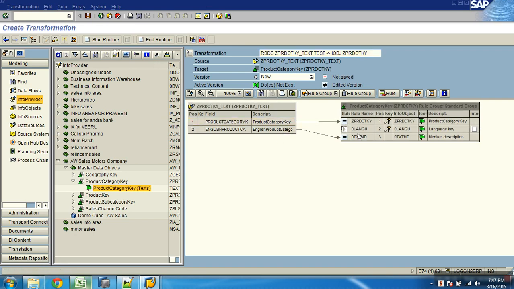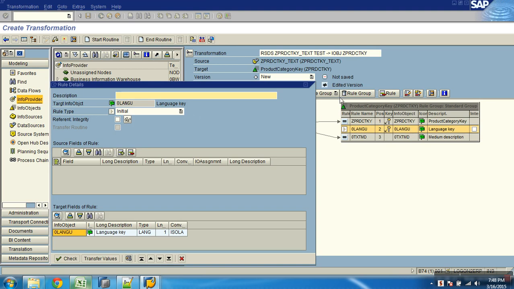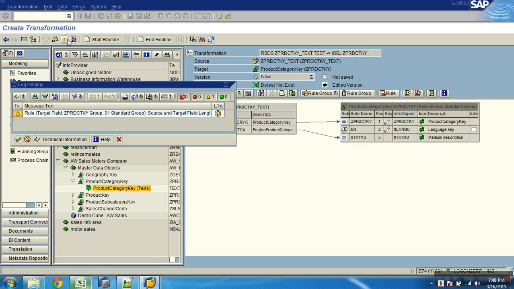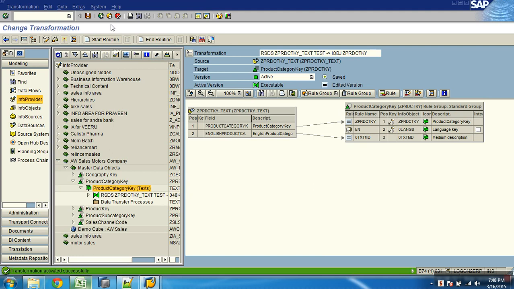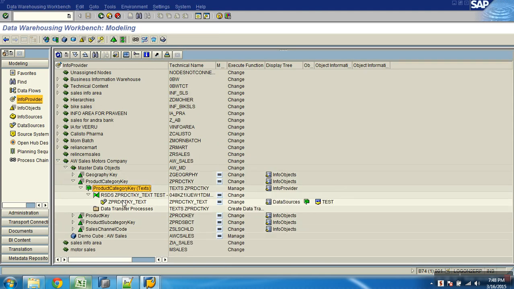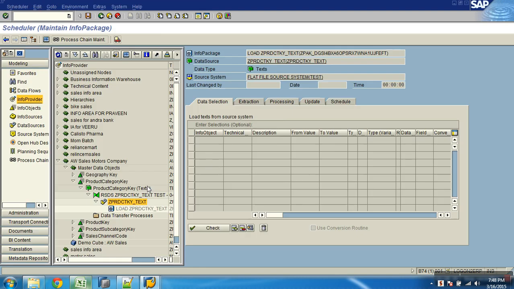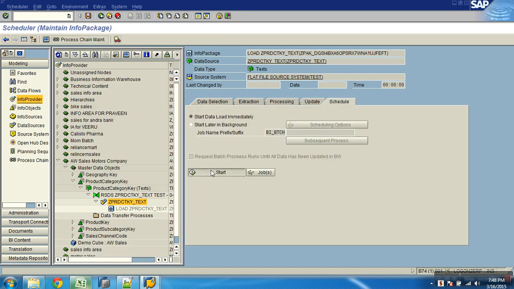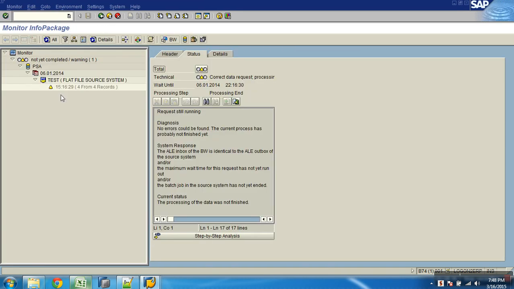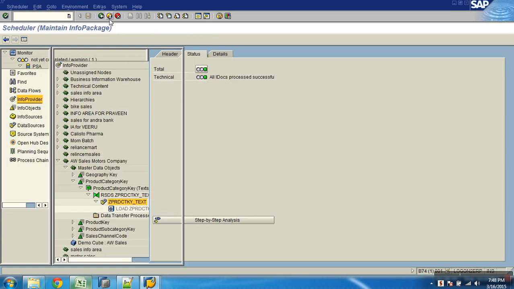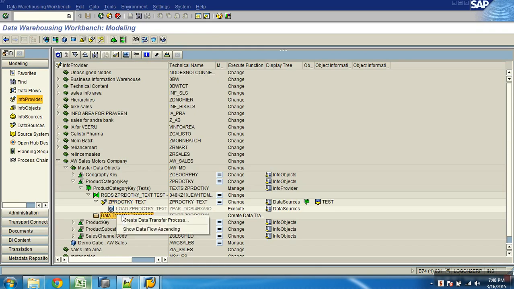Key to key, this to description, and language constant. Done. Next is what? DTP.